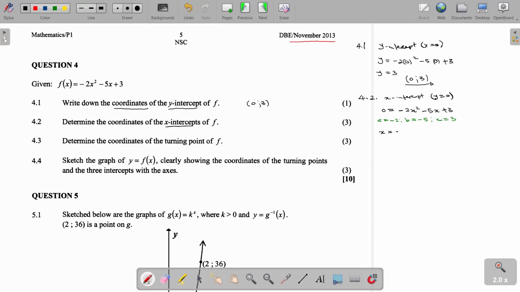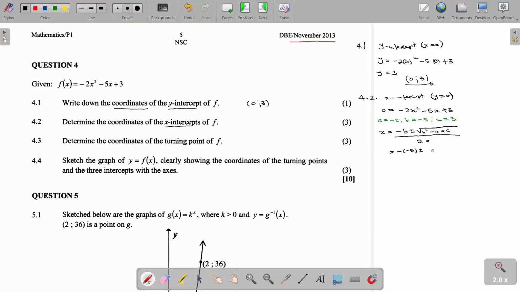X is equal to minus b plus or minus the square root of b squared minus 4ac all over 2a. So this will be equal to minus b is minus 5